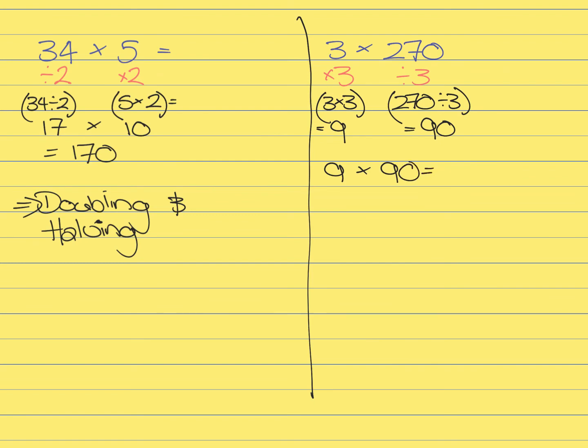So we can see here that our proportionally adjusted problem is 9 times 90, which is a much easier sum to work with, and our answer will be 810. Okay, so the calculation that we would do is 9 times 9 times 10, so 9 times 9 is 81, 81 times 10 is 810. So what we used there was tripling and thirding. So what we've done once again is turned what could be a difficult problem into a far simpler problem